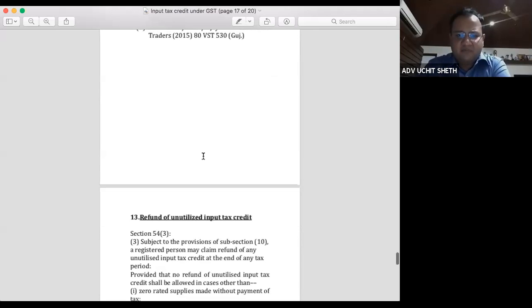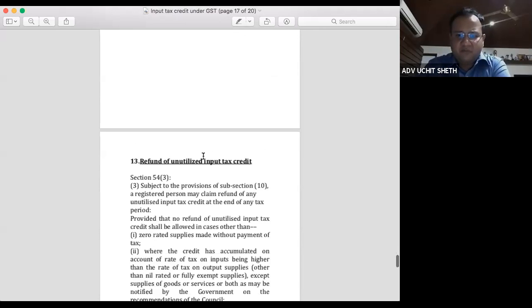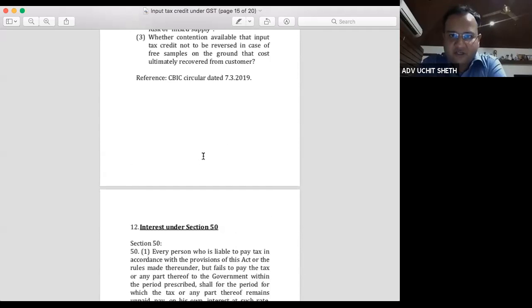So that was basically an overview of the input tax credit provisions. But although the parent provision is simplified, there are a number of conditions and restrictions to the grant of input tax credit, and therefore as time progresses, we'll have new facts coming up, new case laws developing, and therefore we'll be able to reanalyze our understanding of input tax credit.